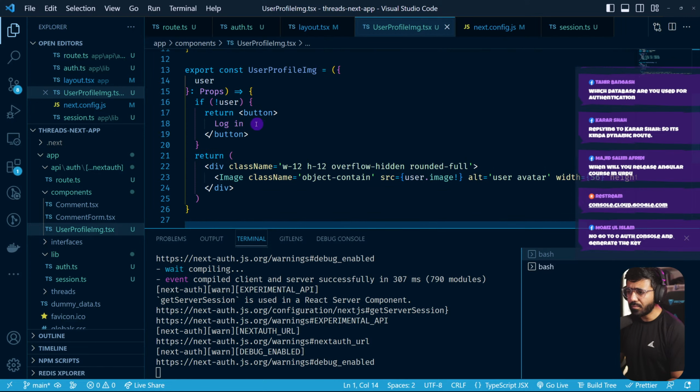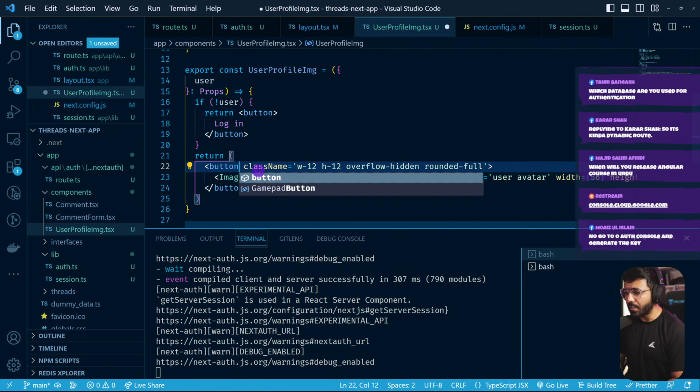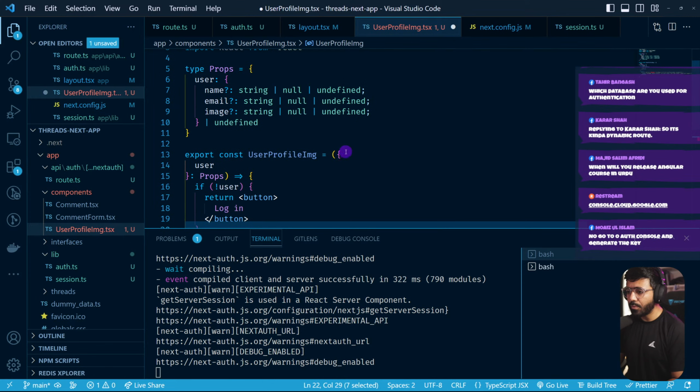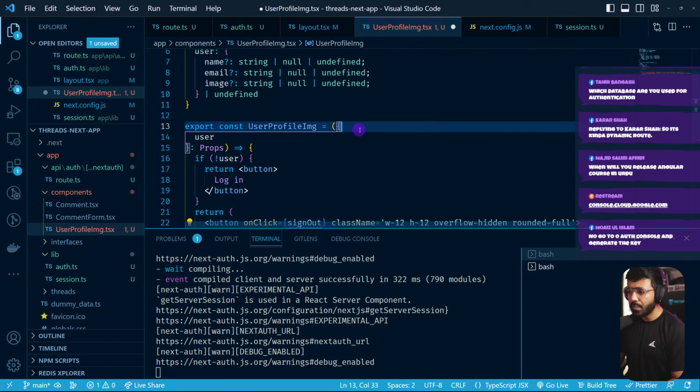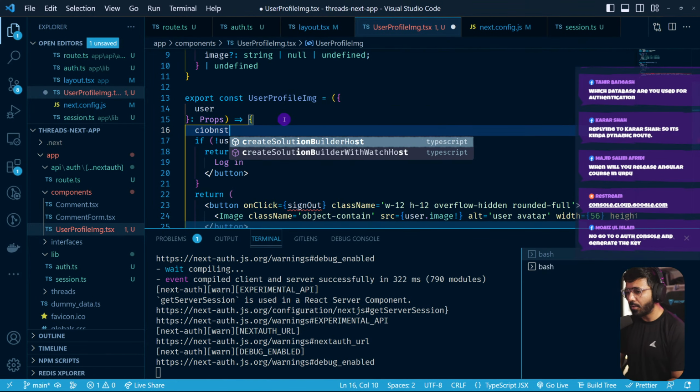Then I'm gonna make this guy a button as well. So if I refresh this now, enable JavaScript, refresh. Now this is a button. What I want to do when this button gets clicked is I want to say on click, sign out. And this basically means that I would just make a simple fetch call, nothing too fancy. So here I can say const